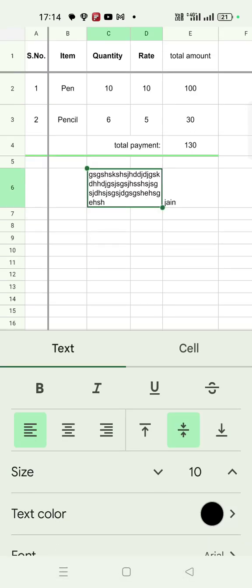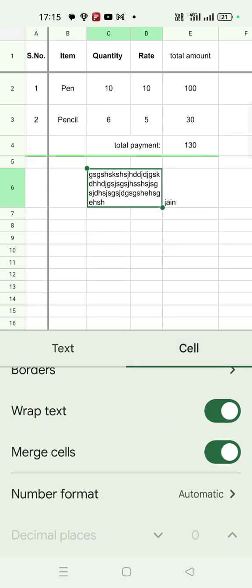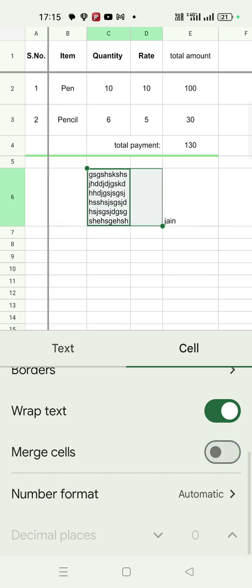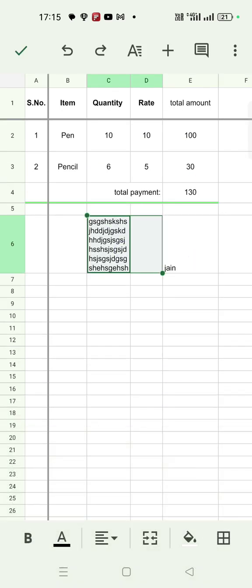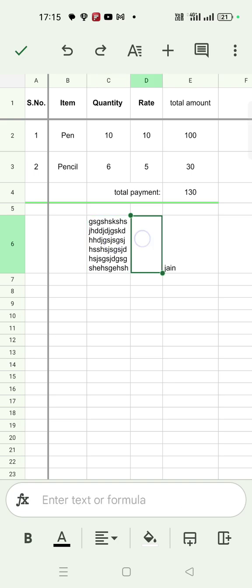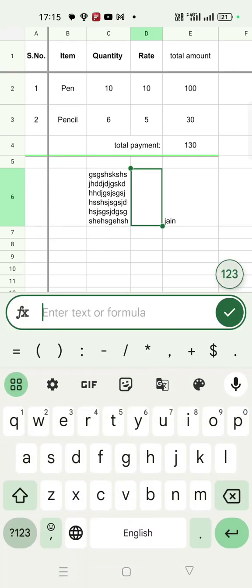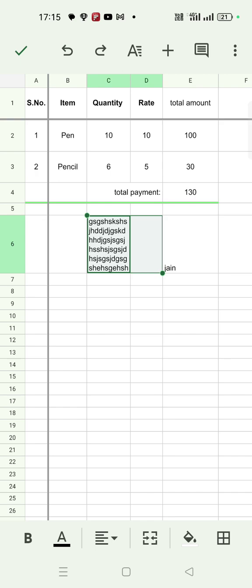If I want to demerge it, simply I will disable it, and you can see now it is demerged. Now they are separate. Now again if I go back to the cell,